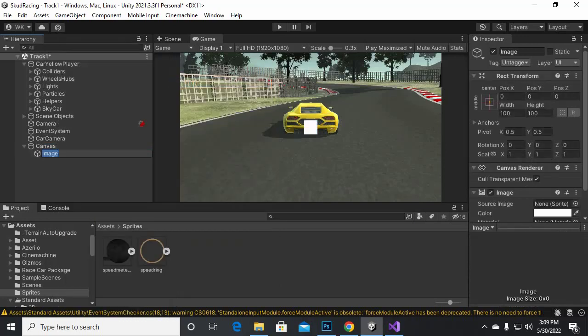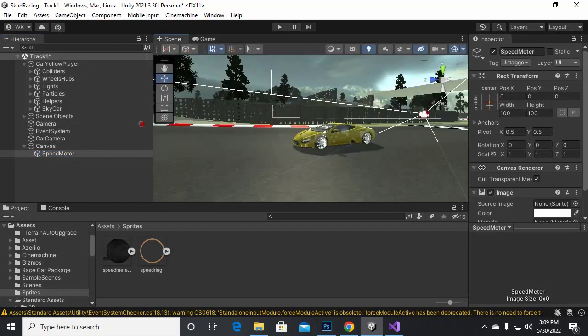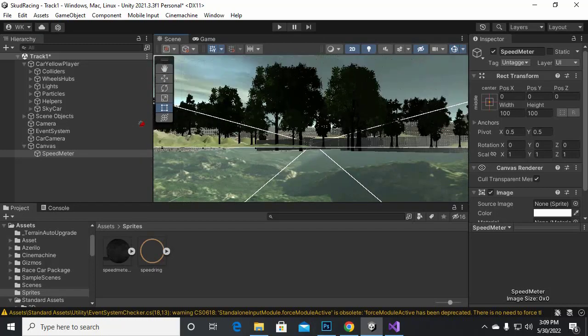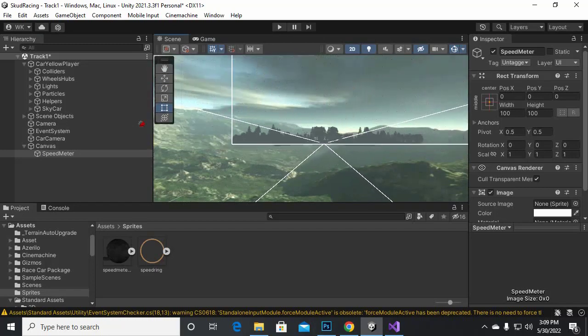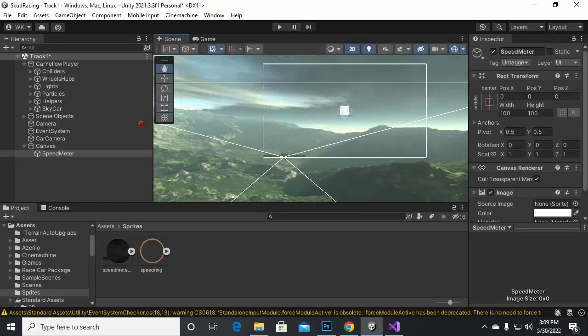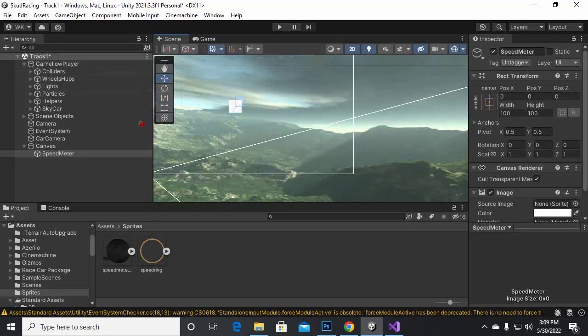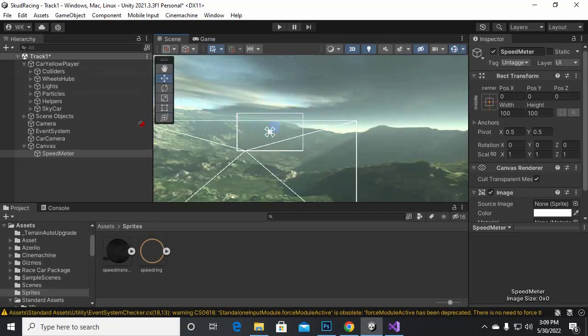We'll rename this image to something like speed meter. Okay, we will just name it speed meter like this. Okay, and we will place this image to the right bottom. So we'll just go to scene, we'll just go to 2D, so that we can see our canvas in a better view, and we can manipulate our canvas. So now you can see we have this thing. We can just move it. Okay, move it to